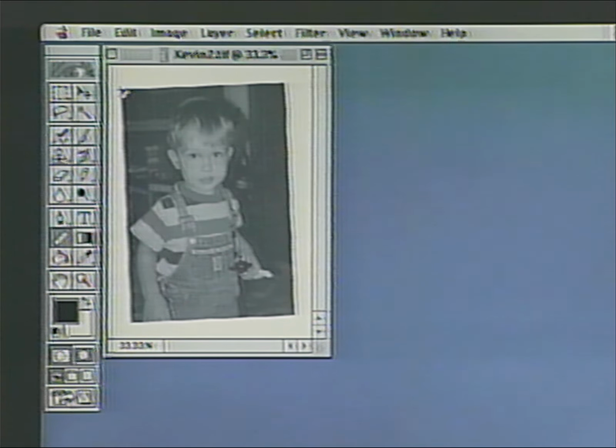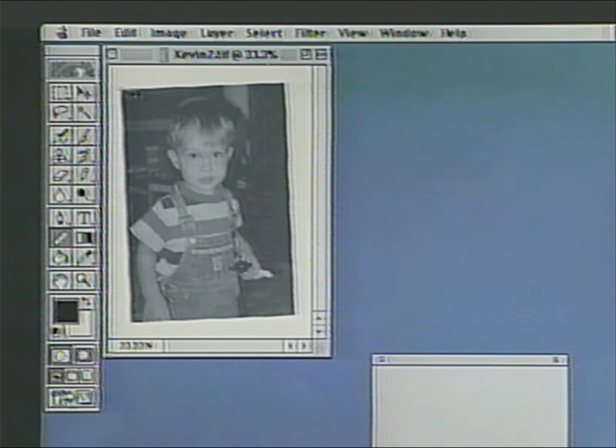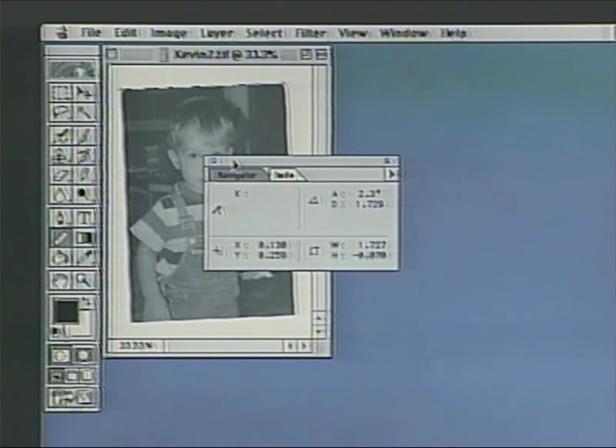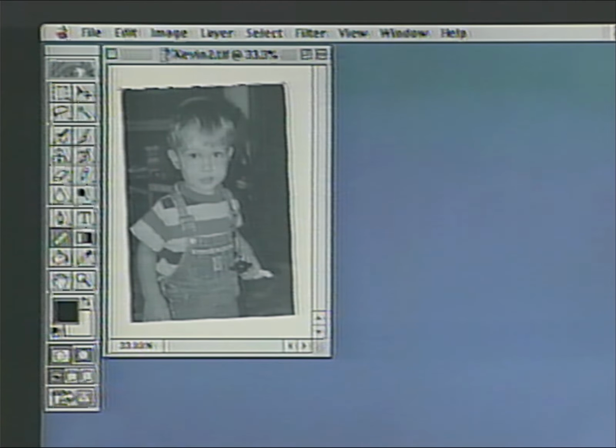Now you'll notice as soon as I drag, you'll see the info palette appear. It appeared just off screen. There we go. The info palette appears. And it tells you that the angle is 2.3 degrees. Well, it's nice that it tells you that, but in this case, you really don't even need to know that it's 2.3 degrees crooked, because you can just close this, just drag out the ruler, and immediately go under the